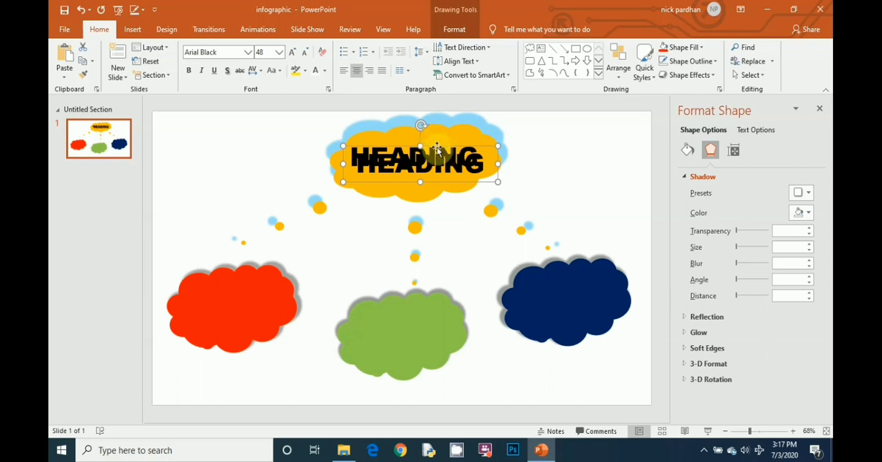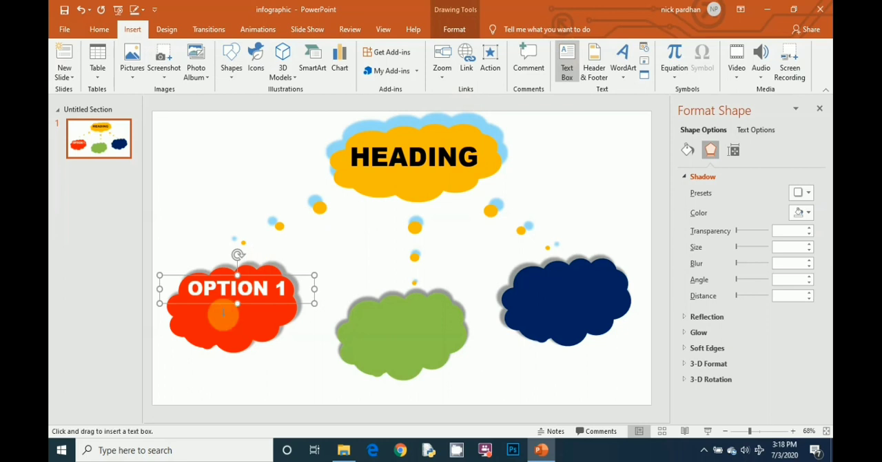Press Ctrl D to make a duplicate, copy it and paste here at the red cloud. Here I am typing Option 1, decrease its size, change its color to white, then pick another text box. Here I am typing